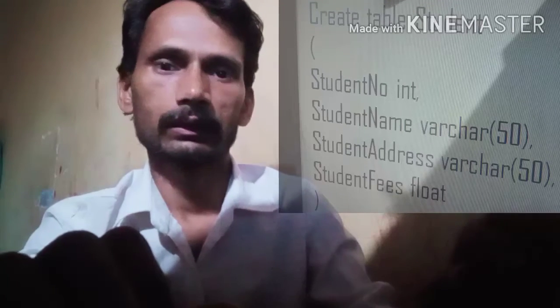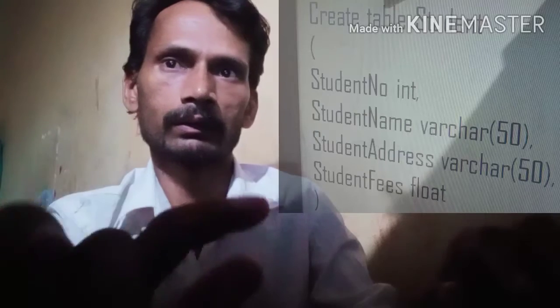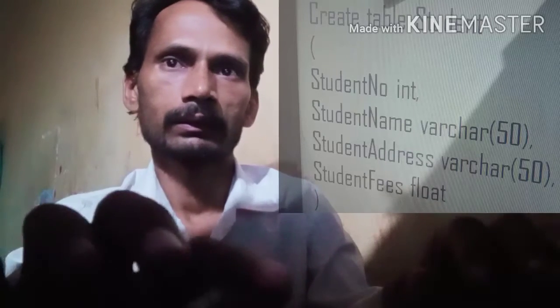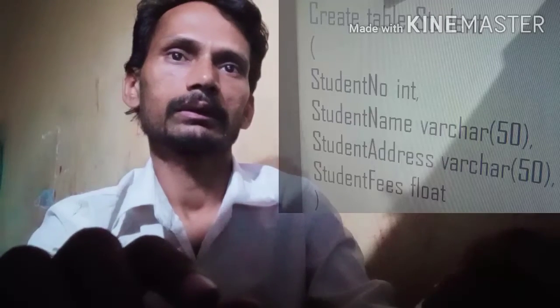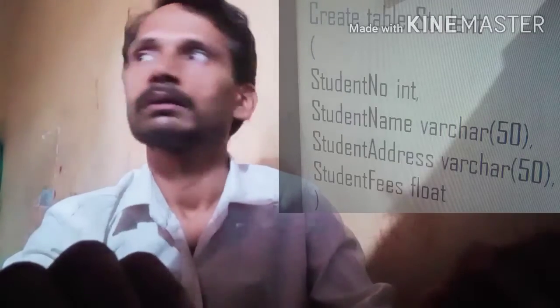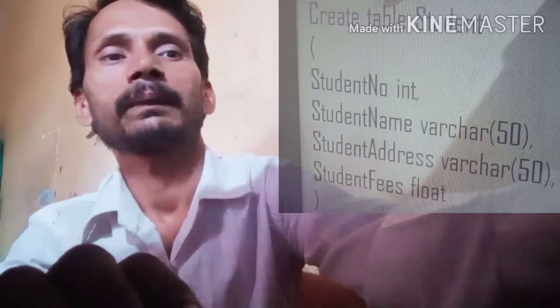So we are creating the table, create table student. Again we need to give the details in brackets.